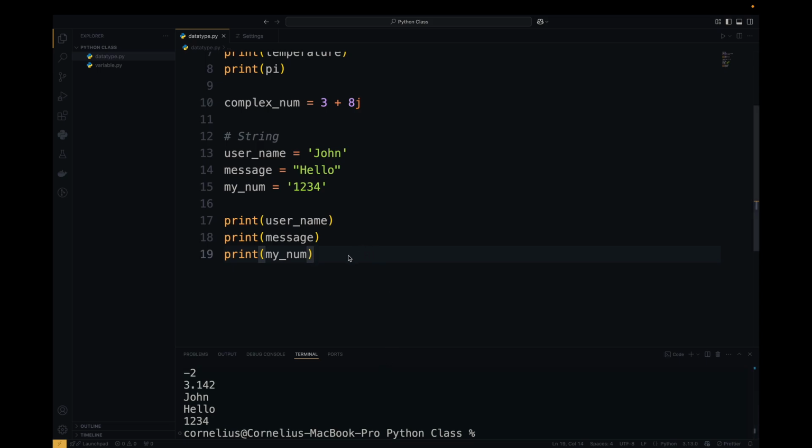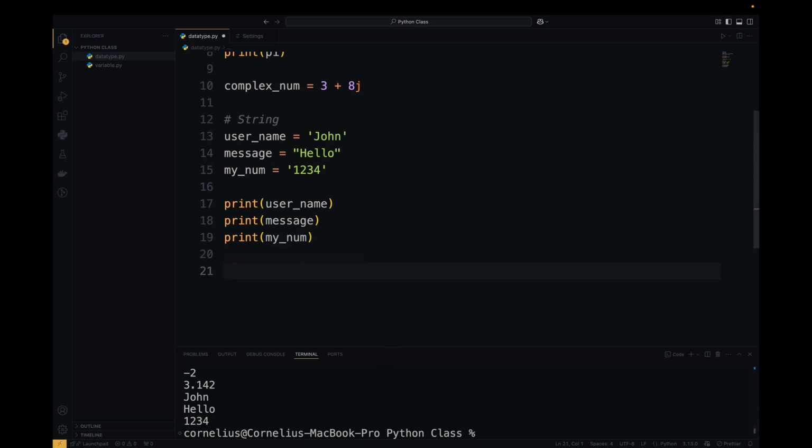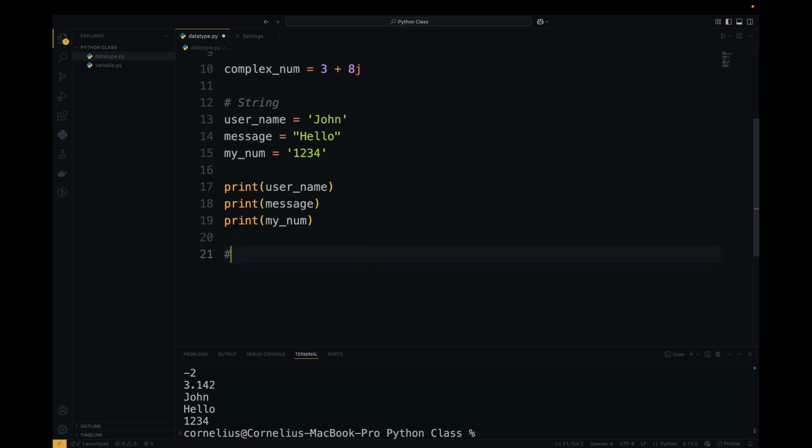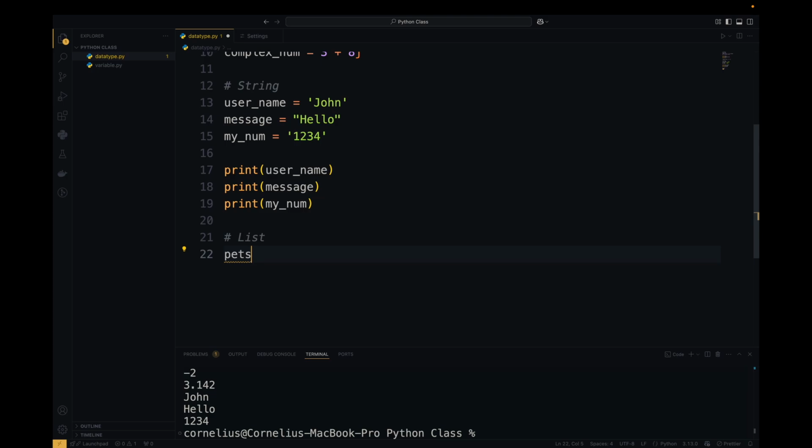Now the next data type we're going to talk about is called lists. So lists are like variables that allow us to hold multiple values together, and lists are one of the most used data types in Python programming. So let's see an example of lists. So let me say pets, right? So we want to hold a series of pets together. So we create a list, and the first pet, say cat,